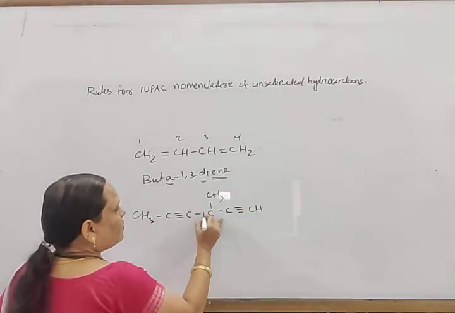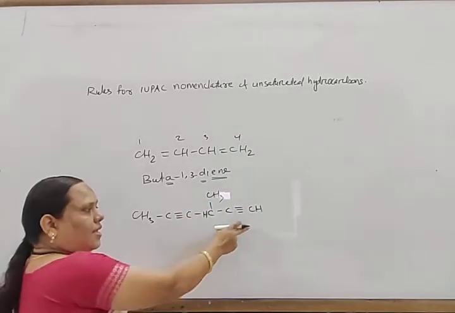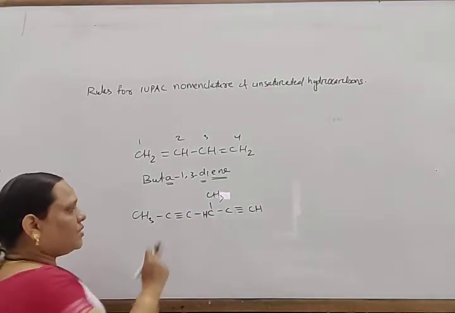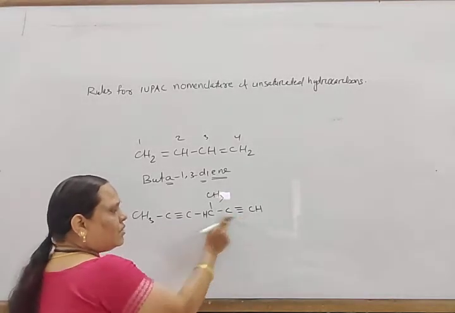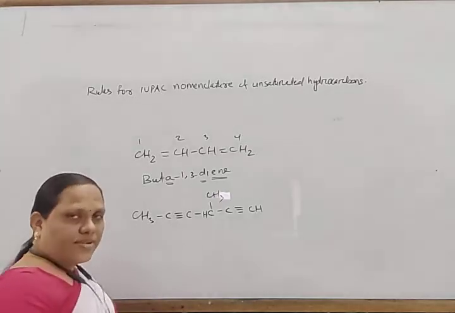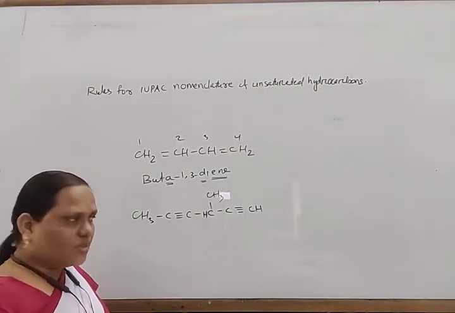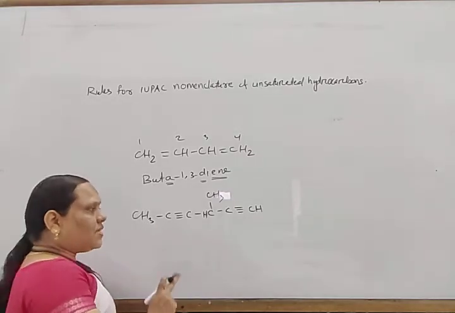Okay, so here one hydrogen is there. Write the name of this compound. Look here, there are two triple bonds. So in this way, if more than one bond is present, then first choose the lowest set of their positions. First choose the lowest set of positions.